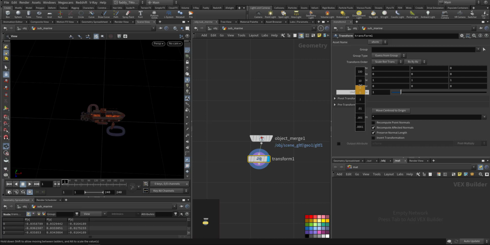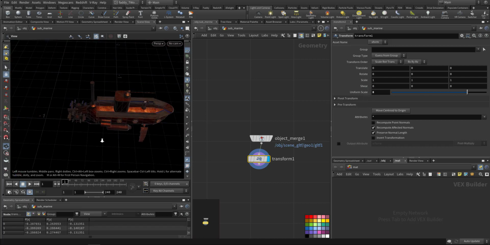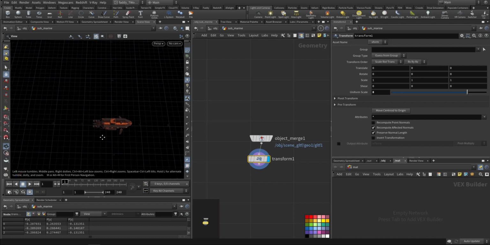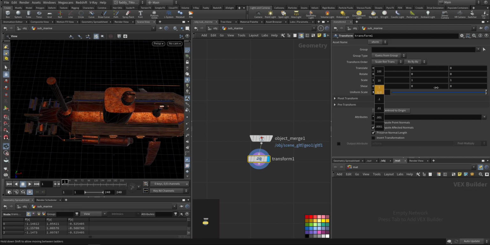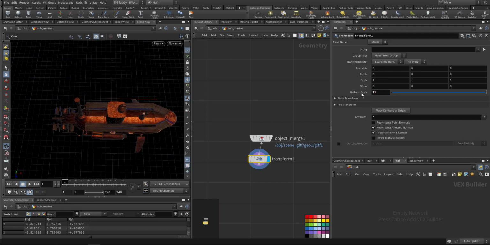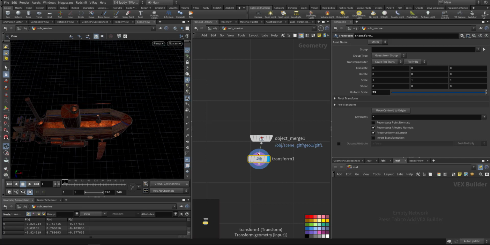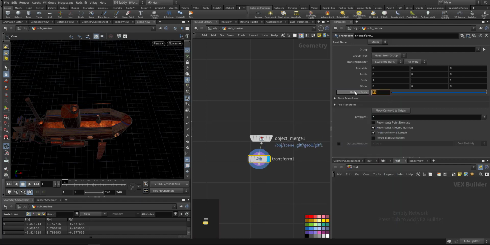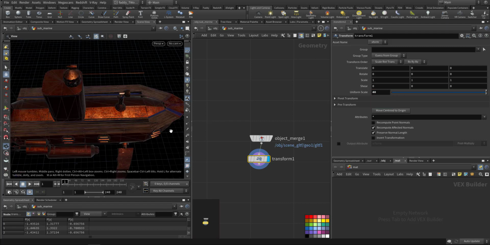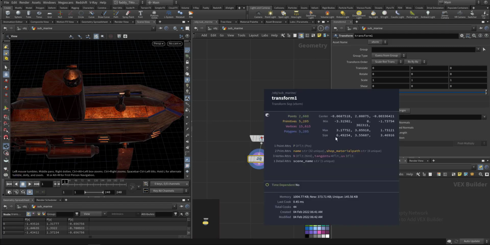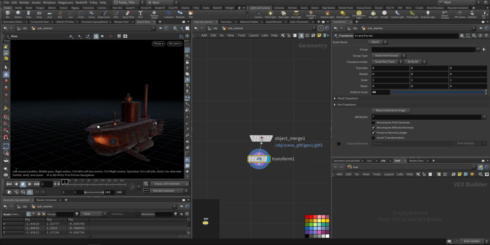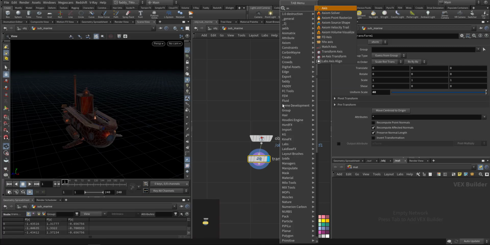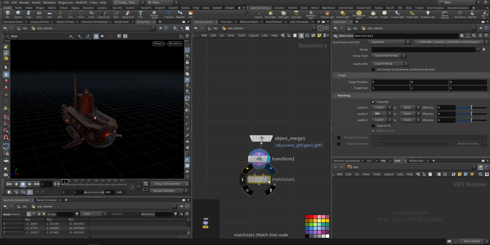So let's see how much. 1 meter. I wanted like 4 meters. So the measurement is like 4 meter. Maybe we can go bigger. Let's go with 40. Now it is 6 meter. Okay, yeah, that's fine. I'll go to lap axis, so I make it drop on the ground,